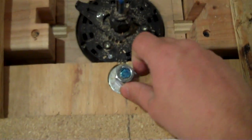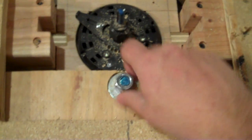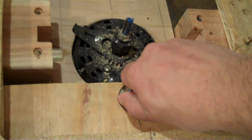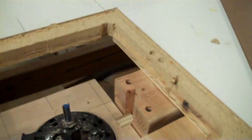I got a long half-inch threaded rod. On the top here is 2 nuts that I've just kind of jammed together. They're not welded or JB welded or anything together, they're just jammed together. And what that does is that allows me to take this